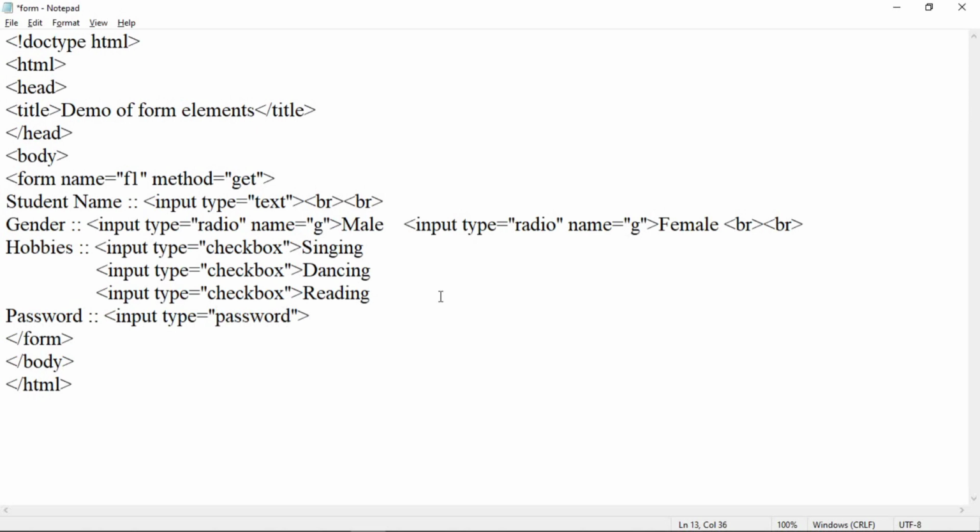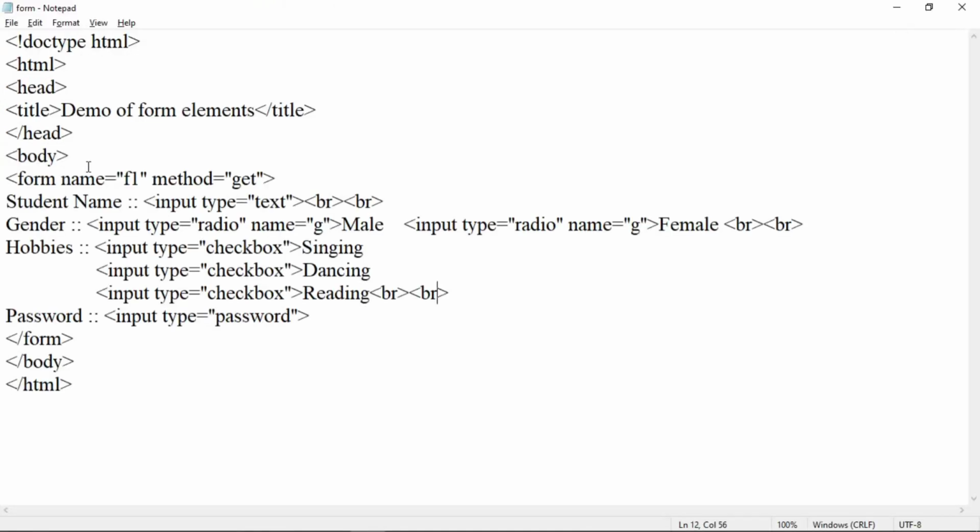Again, here we must use a pair of BR tags to have the next control on the next line. Save this, Alt Tab and refresh the page. Now see here, whenever you type a password, that will not be visible. So such a password control can be created with input type is equal to password.